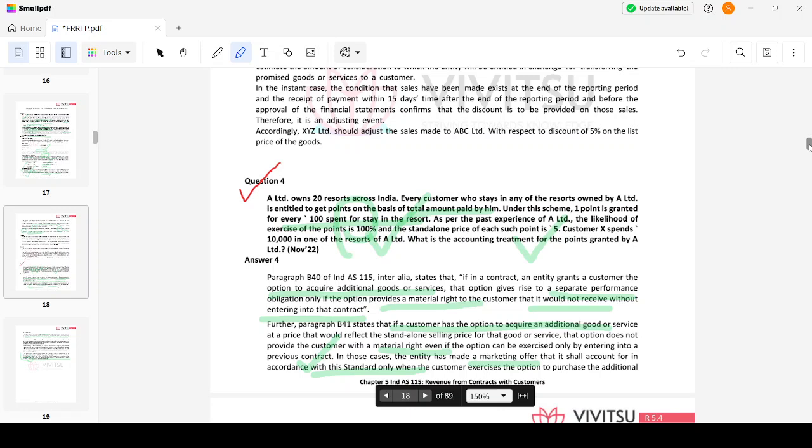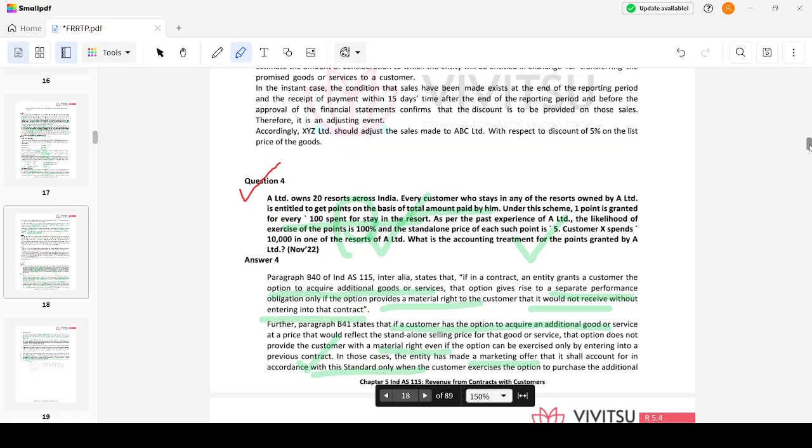One point value is 5 rupees. Here I would have 10,000 rupees, which is 100 points. 10,000 divided by 100 is 100 points. That each point would value 5 rupees. So 500 rupees is my